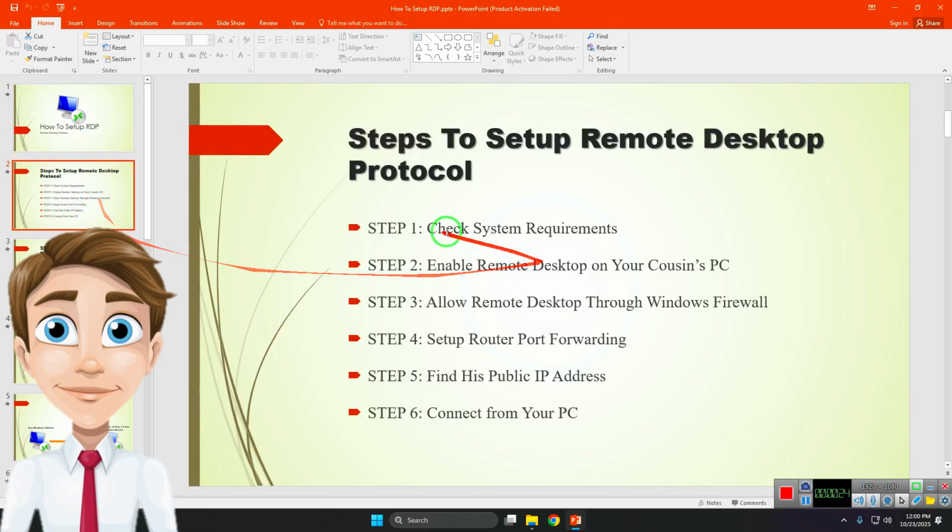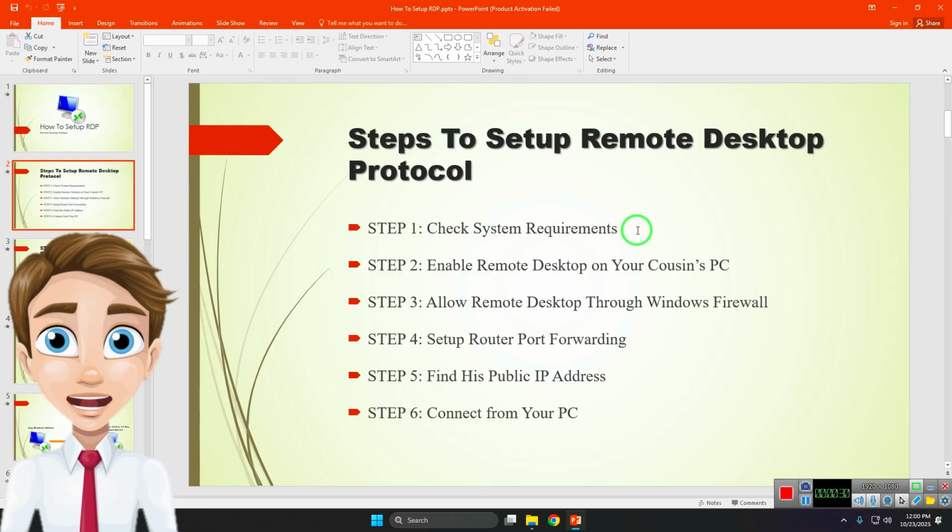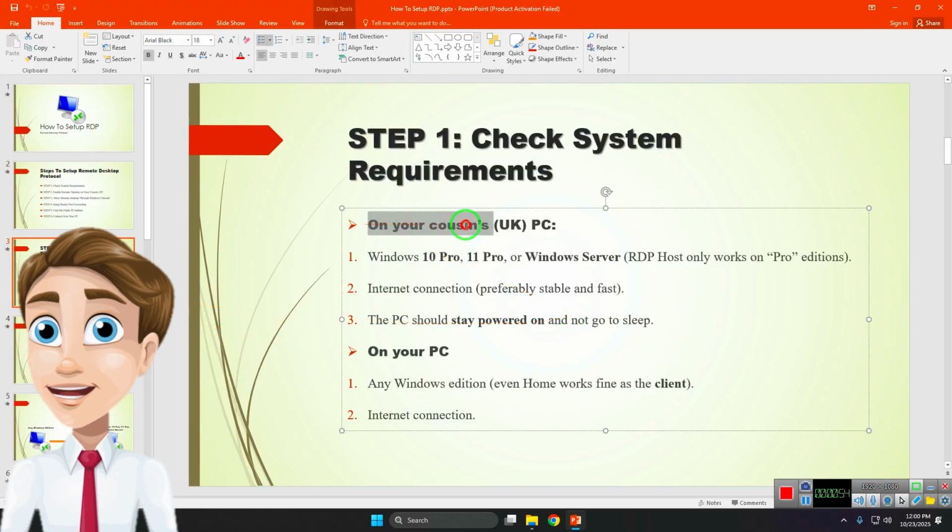First, check system requirements. What is your system requirement? Like which Windows are you using? What is the Windows version? Then second step, enable Remote Desktop on your cousin's PC. You have to enable an option called Remote Desktop on your cousin's PC. Then allow Remote Desktop through Windows Firewall. Set up router port forwarding. Find his public IP address, connect to your PC. That is okay. Now first, on your cousin's PC,